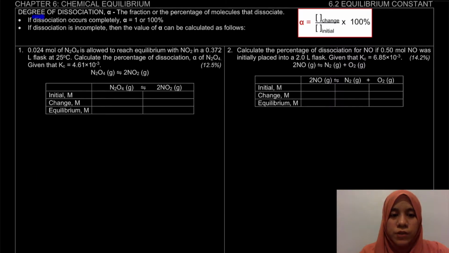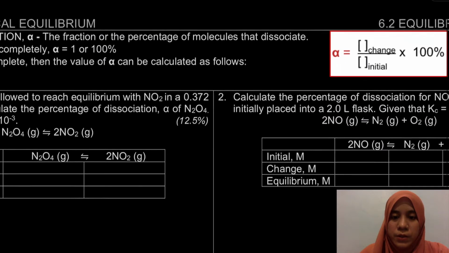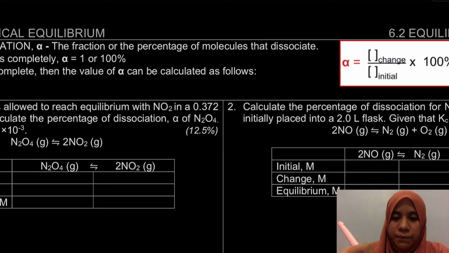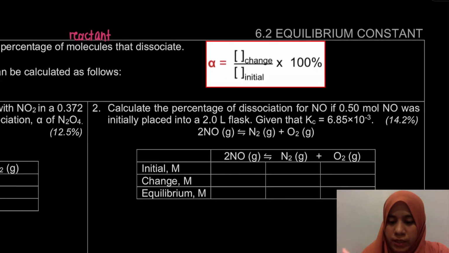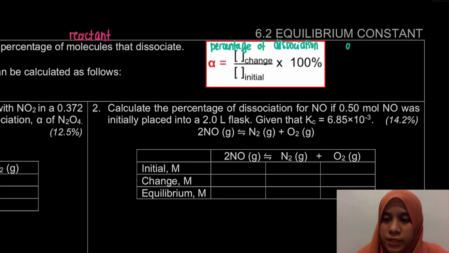Okay, so degree of dissociation means the fraction or the percentage of molecules that dissociate. For the degree of dissociation, we're concerned with our reactant. Here it mentions that if the dissociation occurs completely, our alpha will be equal to 1, or 100%. If it's incomplete, the value of alpha can be calculated as follows. Actually, this is the percentage of dissociation. If it's just the degree of dissociation,